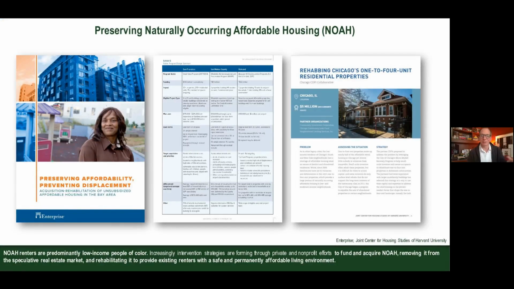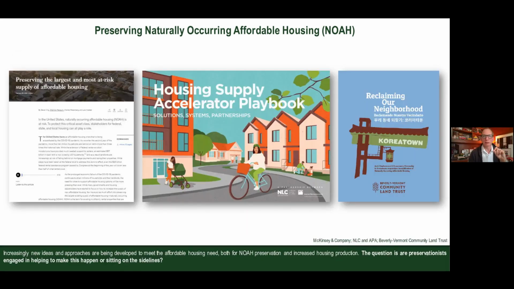And also going back to the people. It's often low-income people of color that are most impacted when these types of housing are destabilized or lost. And there's a natural intersection with preservation and historic resources. And so there are lots of great examples of new programs being developed, from community land trusts to other types of co-ownership models that are coming online.